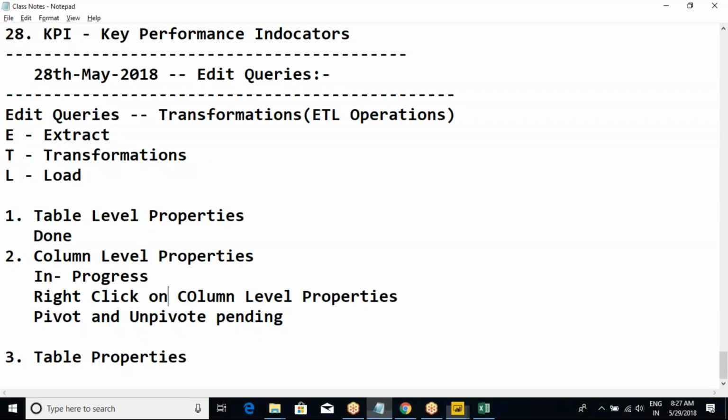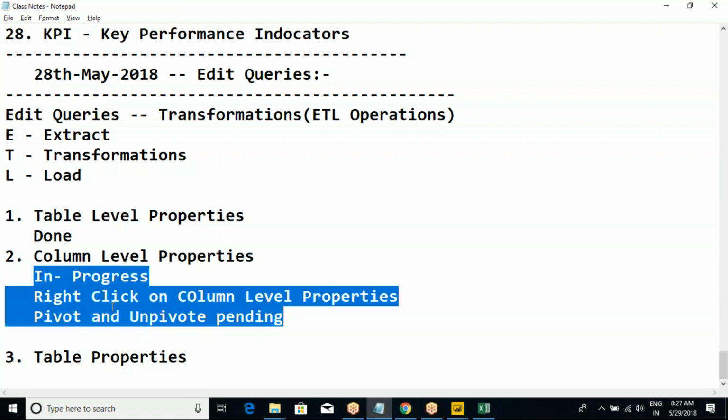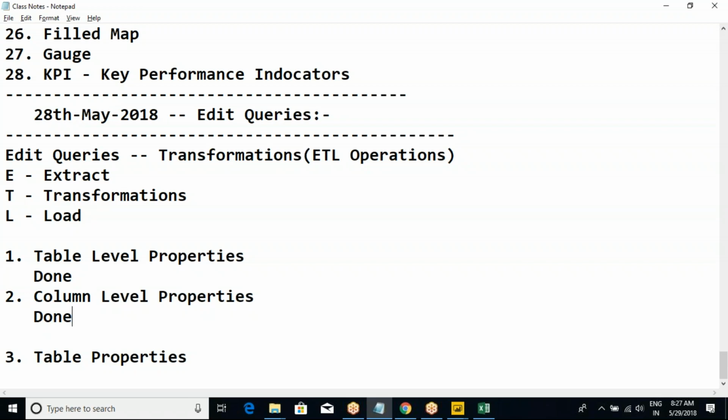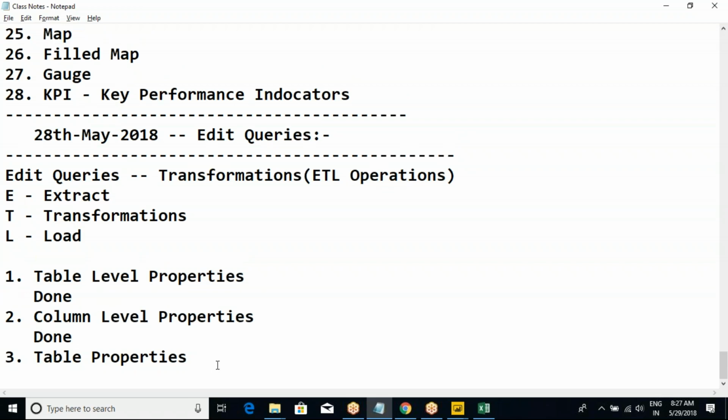So that is what about the, we completed everything here. Okay. Column level properties also is done. The next one is,